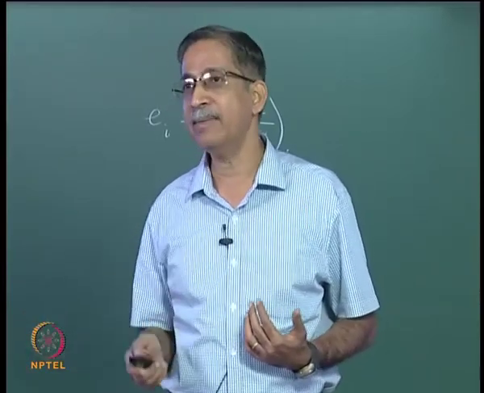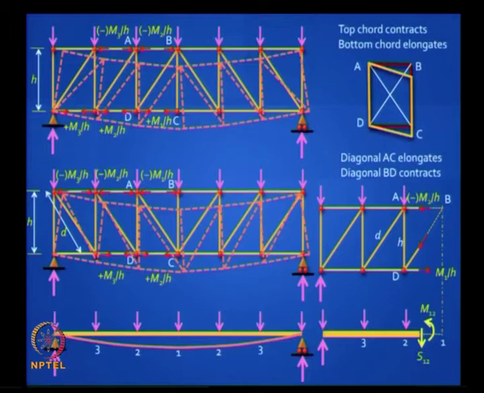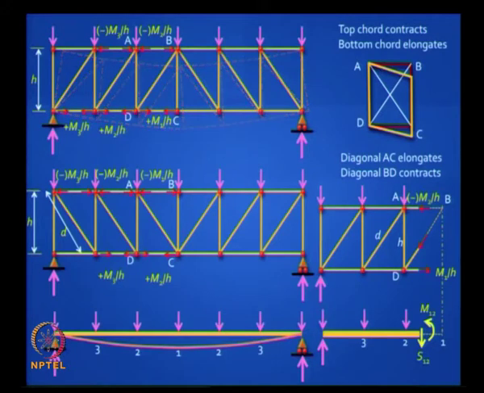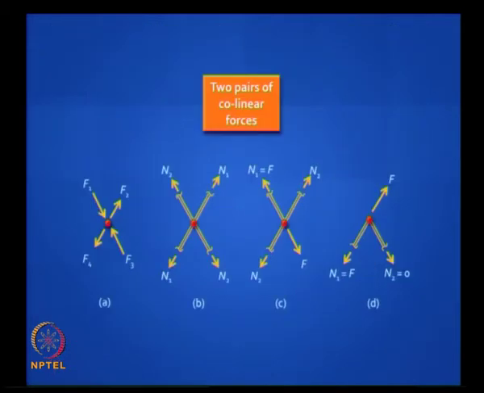You see that picture where the rectangle becomes a rhombus, one of the diagonals increases in length and the other diagonal decreases in length. That gives you a visible idea of why one diagonal goes into compression and the other goes into tension, and you can calculate those shear forces. The other simple thing that you can take advantage of is the fact that whenever you have two sets of lines, they need not be orthogonal, they could be inclined, and they align the way it's shown here, then the forces must be equal and opposite in any one line. So for example, I've shown you 4 pictures there.